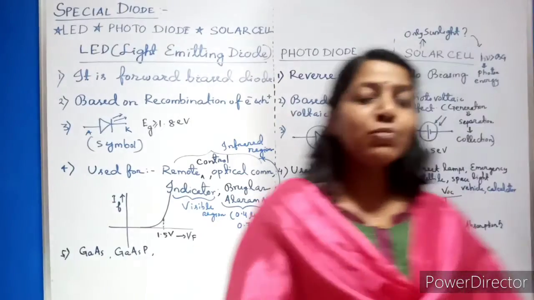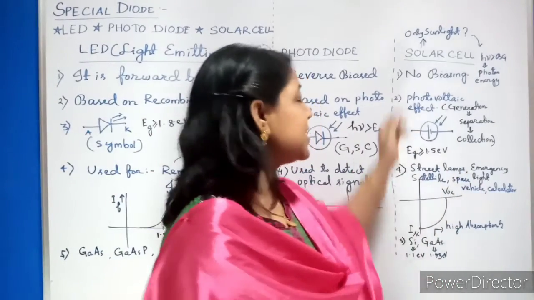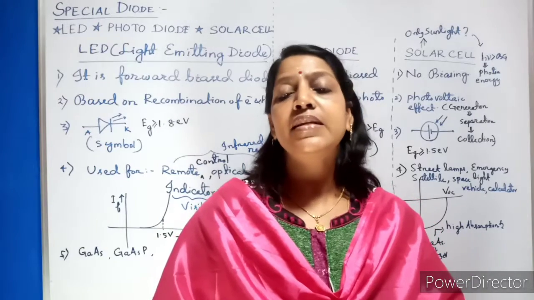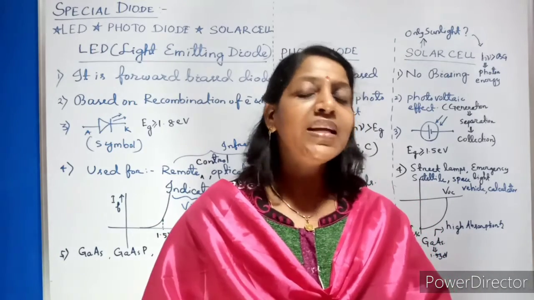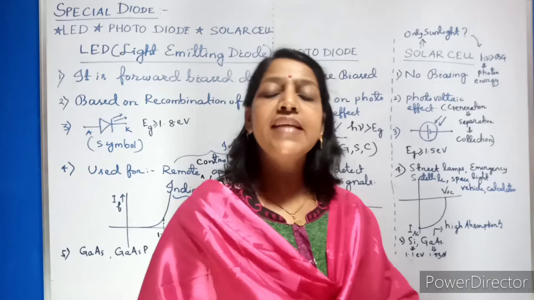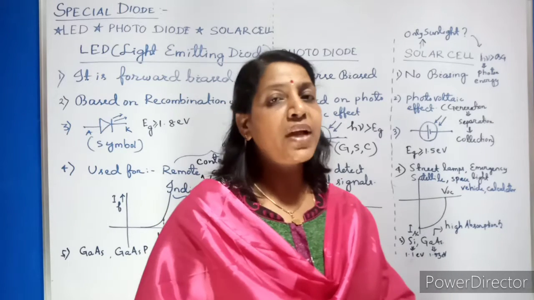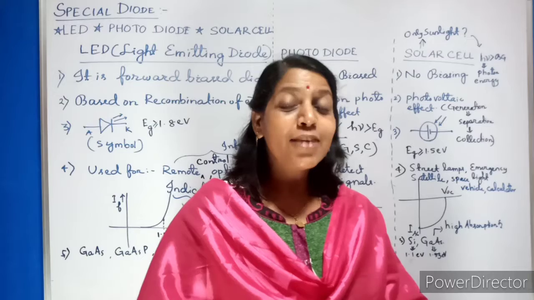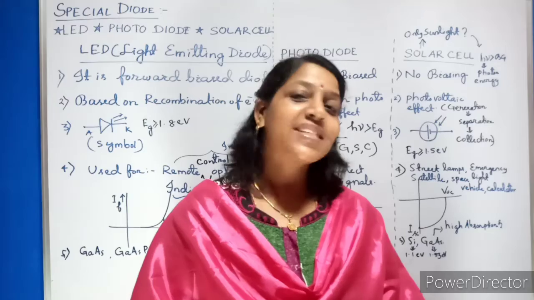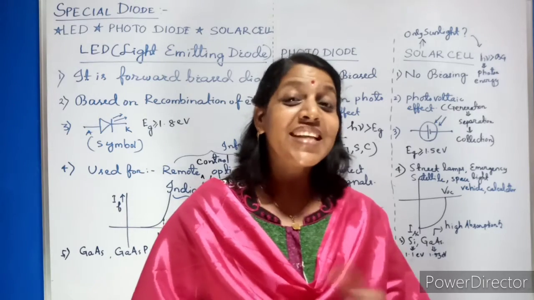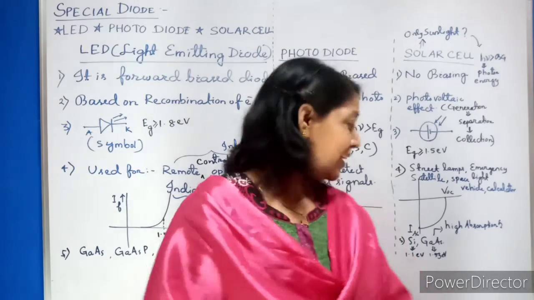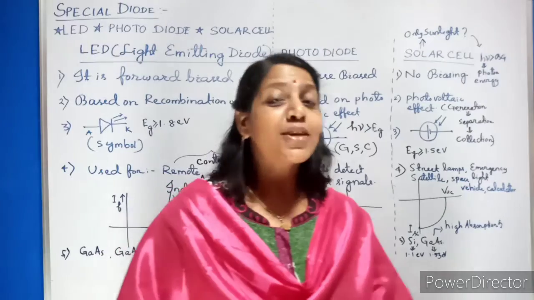Okay students, one more important thing I want to remind you. In the case of solar cells, there are many materials we use. Apart from those, silicon and gallium arsenide are highly popular. Silicon, you know, has a band gap of 1.1 electron volt, whereas gallium arsenide is around 1.53 electron volt. But gallium arsenide is highly popular for use in solar cells, not silicon. Why, do you know? Because it has high light absorption capacity. Hence, gallium arsenide is the highly preferred material for solar cells.